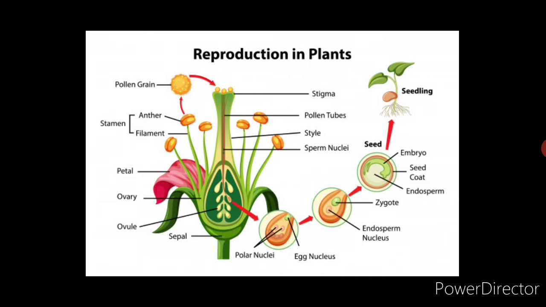Now, the time that is required to reproduce also varies from organism to organism, isn't it? You can see the variations in the period of reproduction in, for example, yeast, bacteria, cow, elephant, human beings, etc. Now, reproduction is of three types. One is vegetative reproduction, another is asexual reproduction, and the third is sexual reproduction.